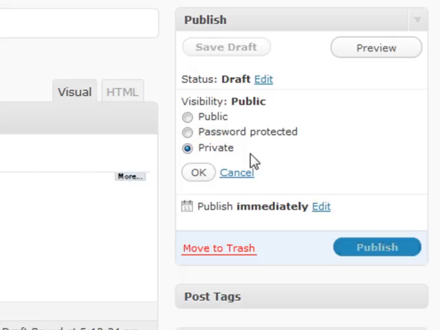A lot of times you're just not going to use private posts. A lot of times you use either password protected or public posts. So